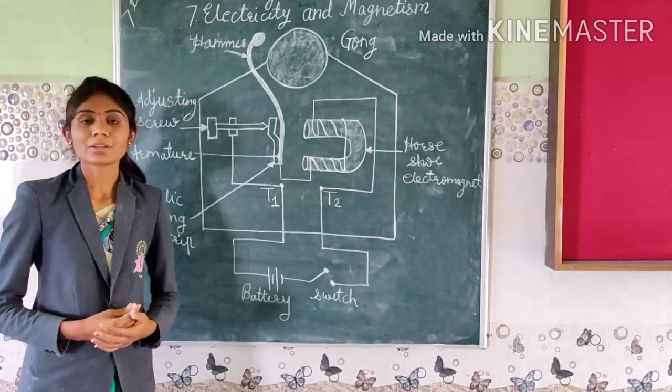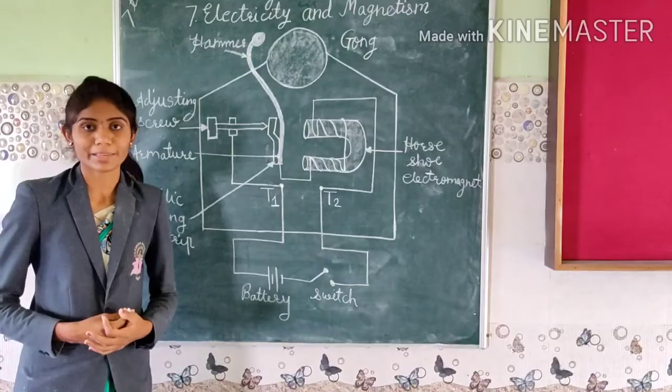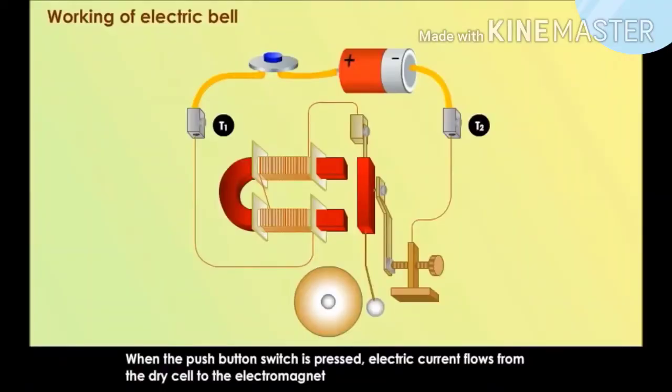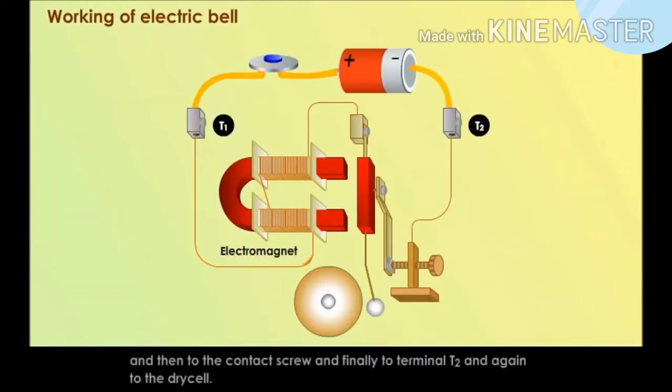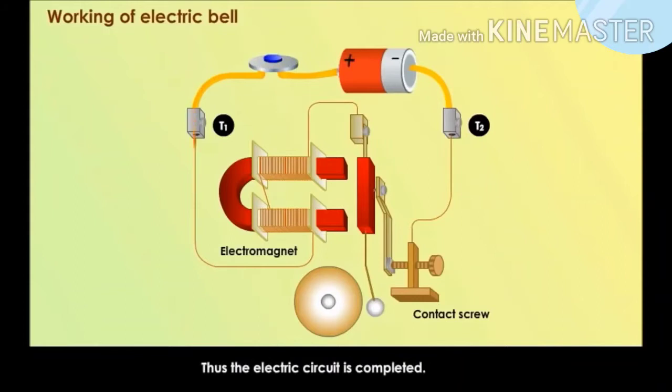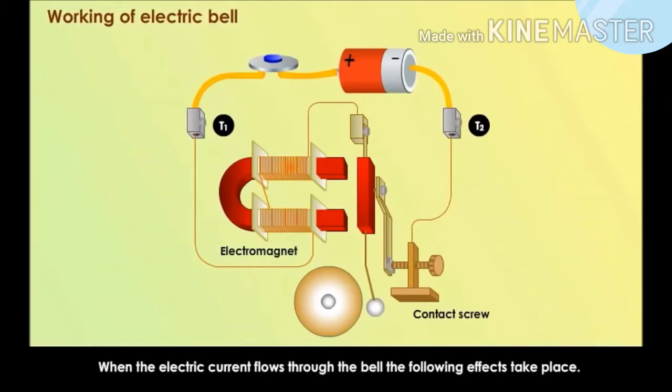Now let's see the working of an electric bell. When the button switch is pressed, electric current flows from the dry cell to the electromagnet, and then to the contact screw, and finally to the terminal T2, and again to the dry cell. Thus, the electric circuit is completed, and as a result, electric current flows through the bell, and the following effect